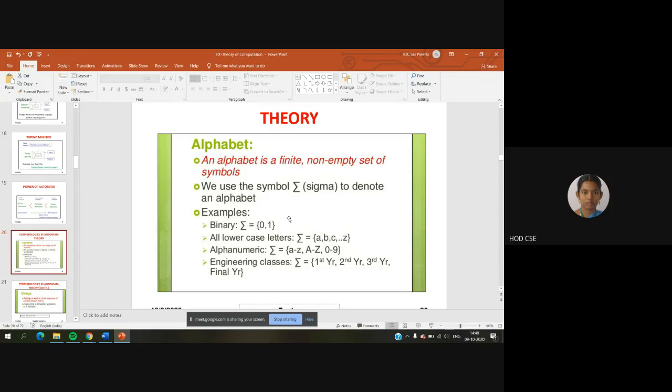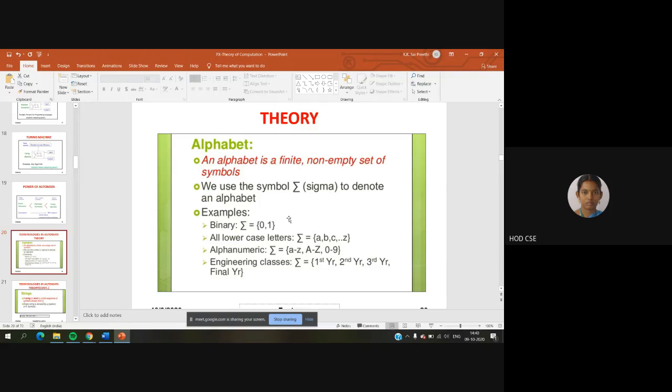And for lowercase letters, we can have a, b, c, d up to z. And alphanumeric is nothing but alphabets and numerals. You assume the numerals are the decimal digits, 0 to 9. These are the allowed characters. The alphabet is nothing but the permitted characters used in order to frame the language. So whenever we start studying a new language, for example, if you are very new to the English language,